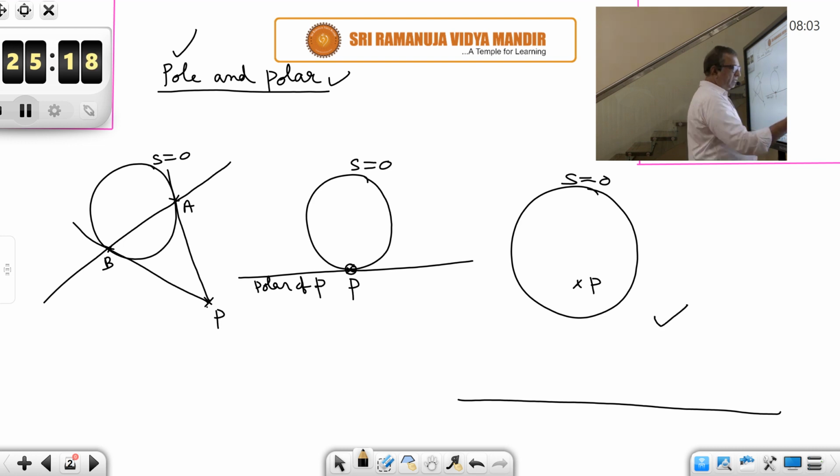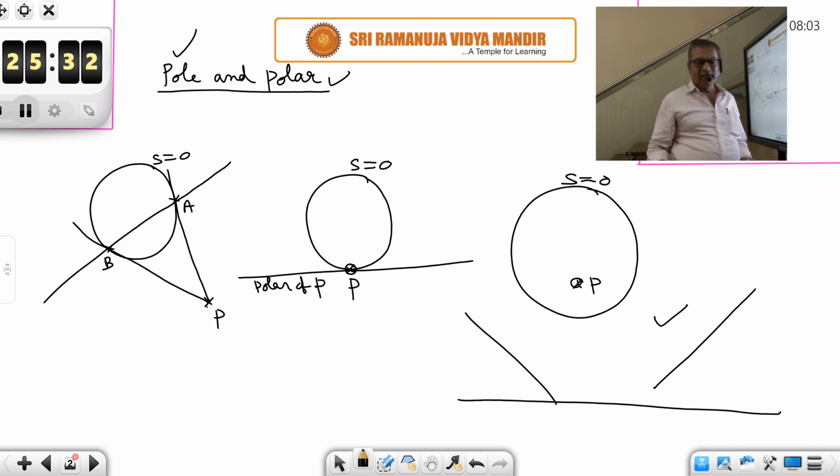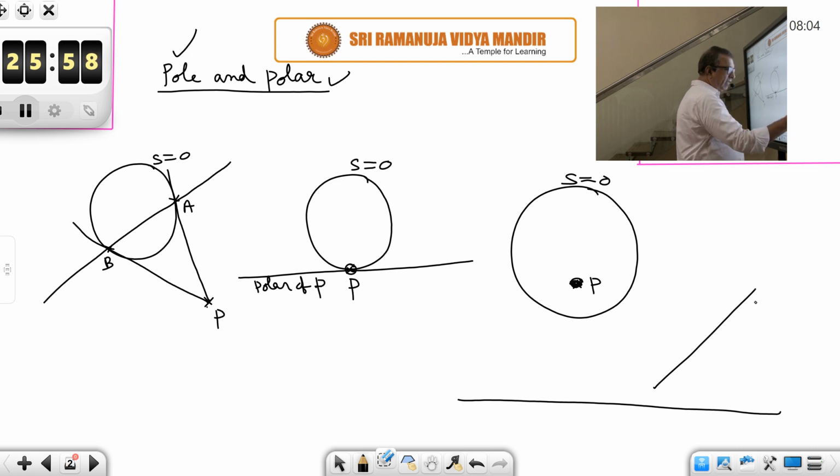Of course, here there is a question. We are just saying that polar is away from the circle. Away from the circle, how far away? In what direction? In this direction or in this direction, or how far away? How many miles away? How many meters away? In what direction? With respect to the circle and the point. So that will be specified by another theorem. There is a theorem which will exactly locate the polar of the point. At what distance, in what direction, that will be fixed. Okay. So, but for the present, you can take it like this.